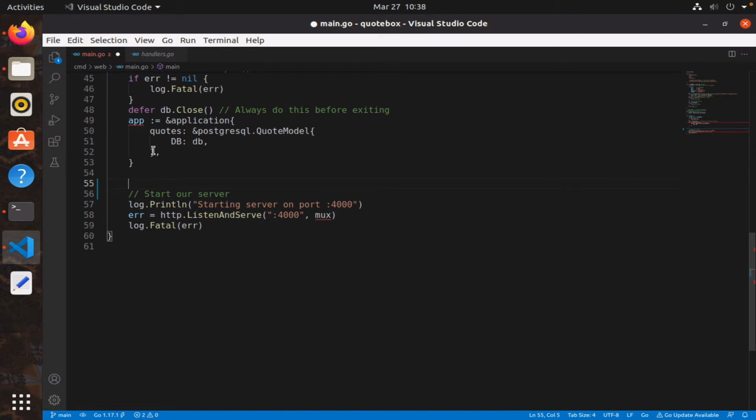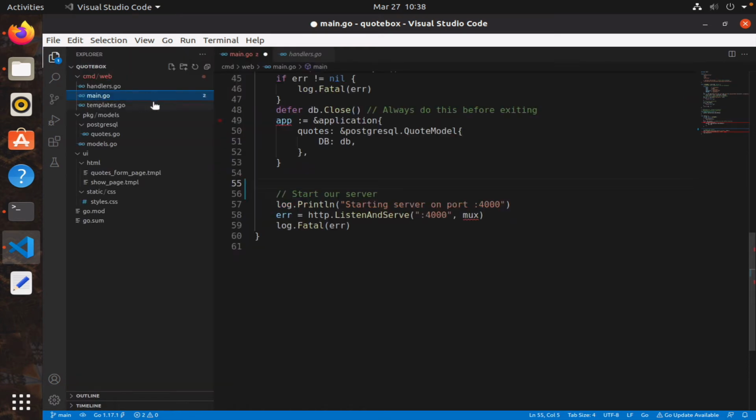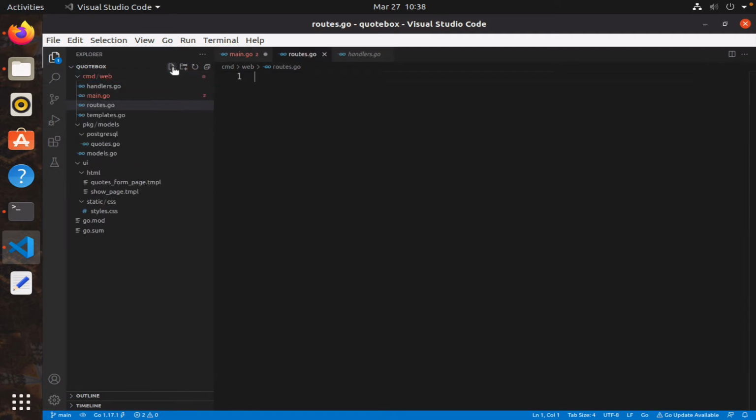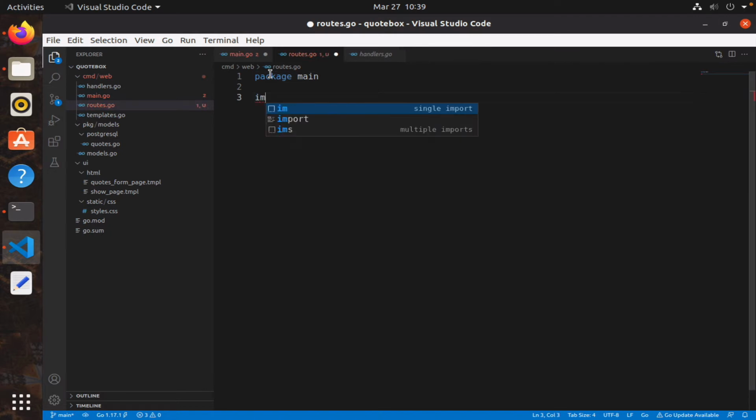All right. So what I want to do now, and obviously I will have to fix this, but let's create a new file, and let's call it routes.go, and it will be inside the web directory. Right, and of course we will make it to be package main. All right, it's part of the main package, and we will definitely need to import